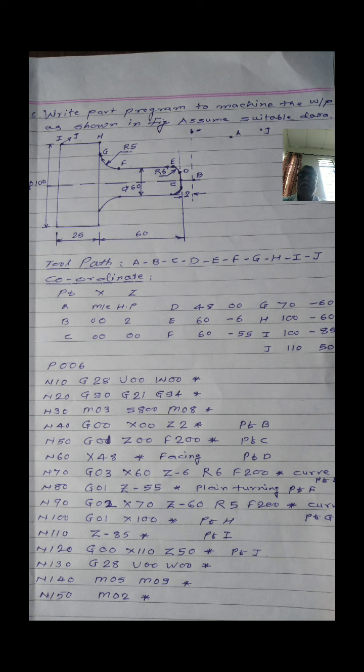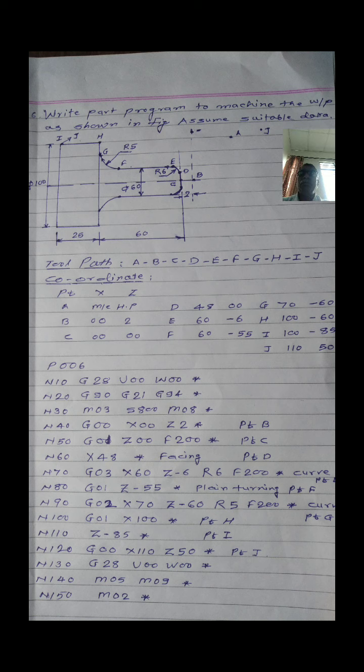Okay, and x coordinate is 0. Then when the tool moves along the curve from point D to E in counterclockwise direction, you have to find out the coordinates of point E. As the radius is 6 millimeter, therefore point E is 6 millimeter away from the point C, that is workpiece 0. Therefore, the z coordinate is minus 6. Is it okay? As the radius is 6 millimeter, so point E is 6 millimeter away from the workpiece 0.